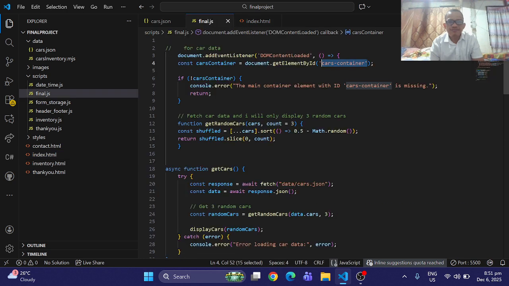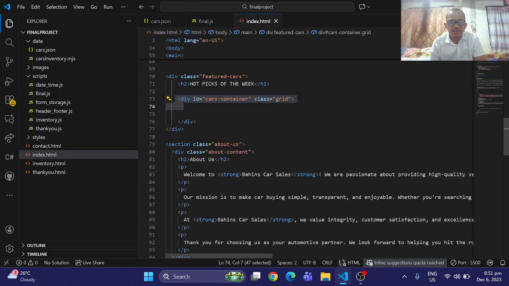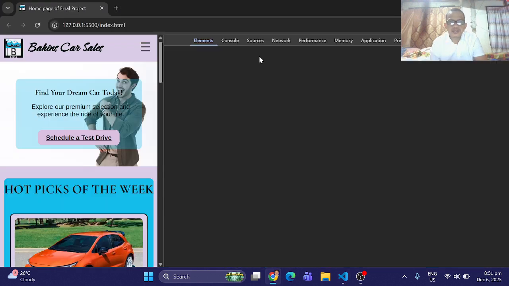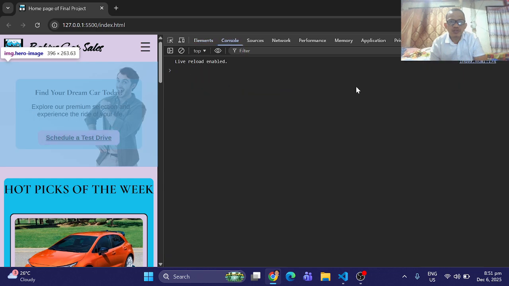And then checking if the cars container is available. If not, then this message will be printed in the console. For example, open inspect. Then as we inspect, the console has no errors.